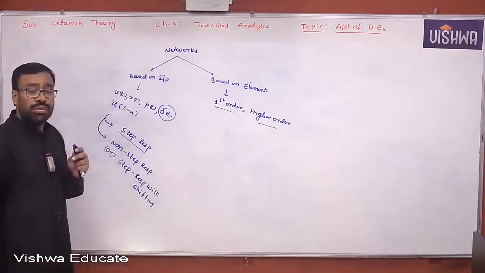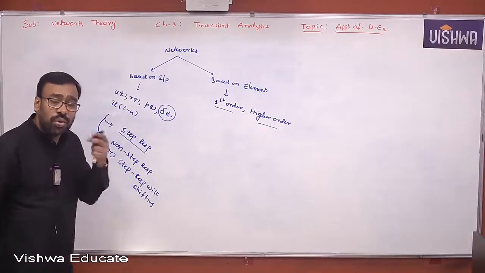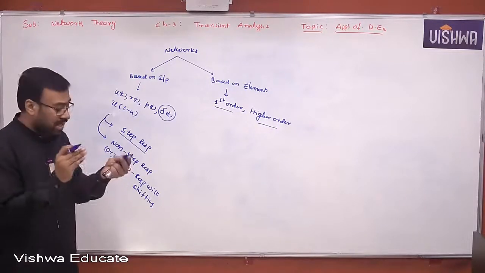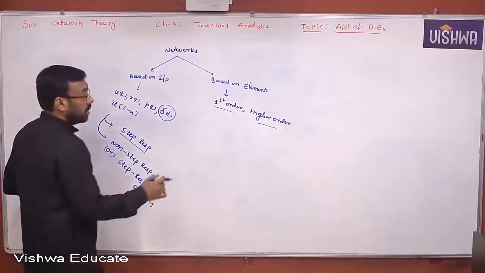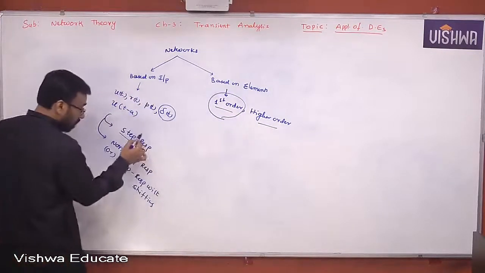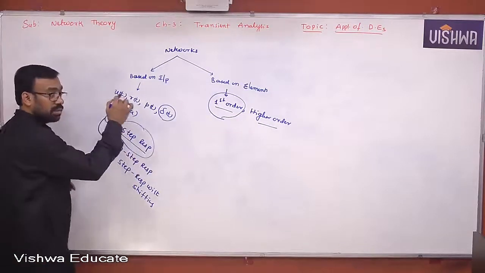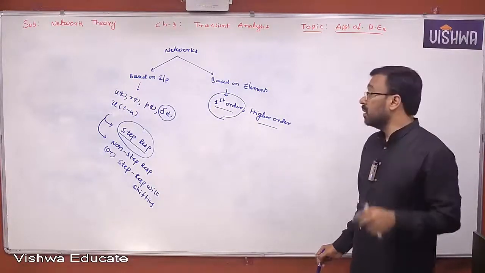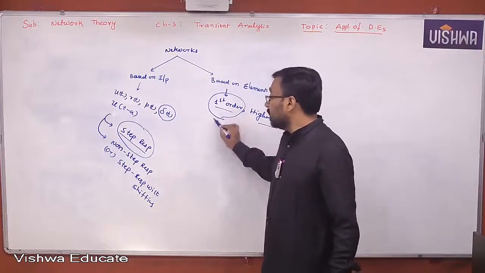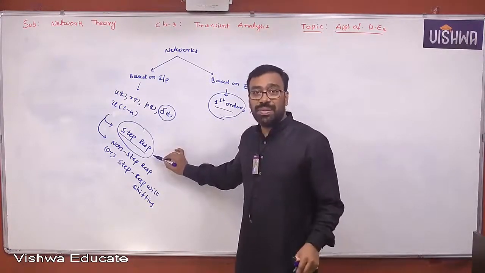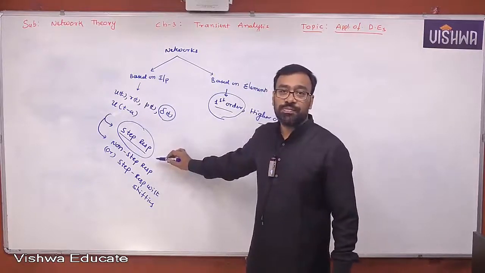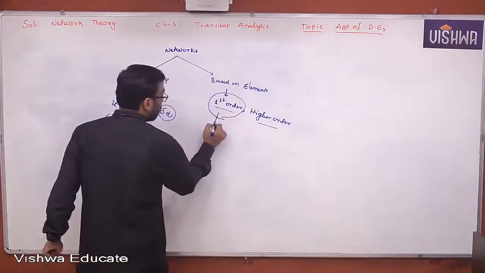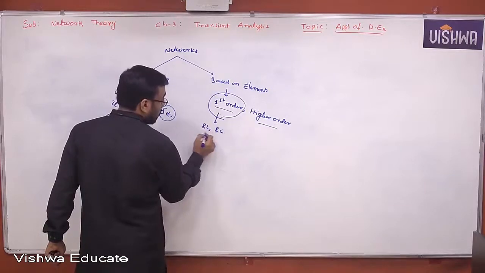Now look at this, all of you. The shortcut technique that I am going to discuss here using a simple formula, you can apply that simple technique only for the first order with the step response. I hope you understand this. That is applicable only to this kind of network. So the network should be first order. That means either RL circuit or RC circuit. Here first order means either RL or RC. That's it.